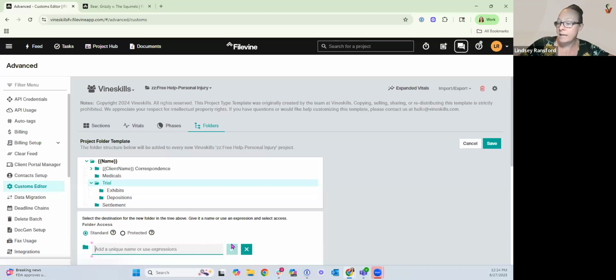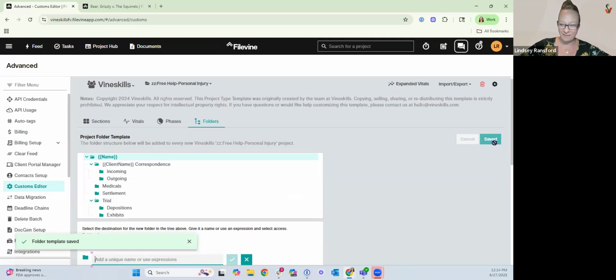All right. Now, the one thing you want to make sure that you do here before you exit is save. If you don't save and you exit out of here, then you'll have to come back and add those back in again. But now every project that I create from right now moving forward will have this folder structure assigned